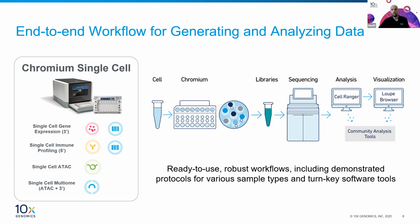And we have two key pieces of software that are freely available that you can download from our website. We have Cell Ranger, which is an analysis pipeline, and that takes the raw sequencing data and converts it into a bunch of usable output files. And then we have our Loupe Browser software, and this is a visualization tool. So you can take one of the outputs from your Cell Ranger analysis, load it into Loupe Browser, pop up the t-SNE or UMAP projection of your results, and really start to dive into your biological question of interest